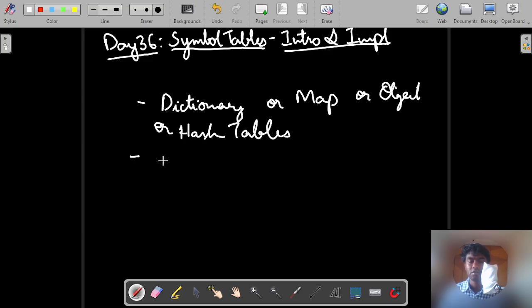So all this means is there will be a key which is associated with a value of any type. It can be array, objects, or lists, or anything, right? Strings, numbers, whatever it wants to be. Right? So there are multiple implementations of hash tables or symbol tables. A few implementations that we are going to be looking at is going to be with array,